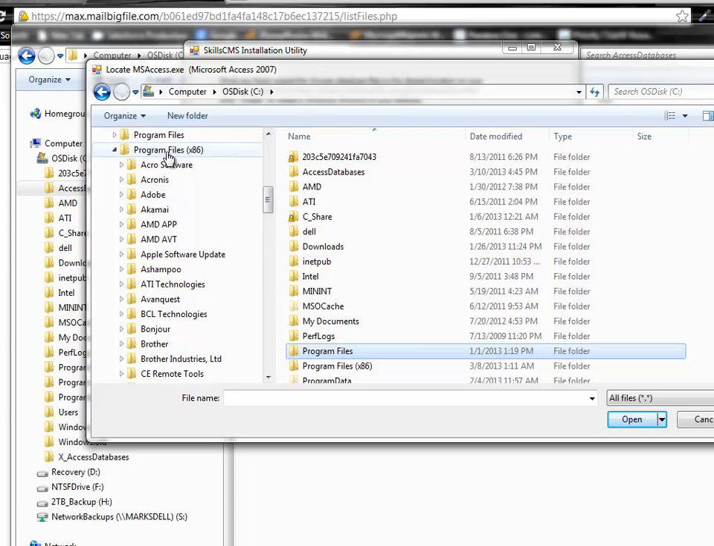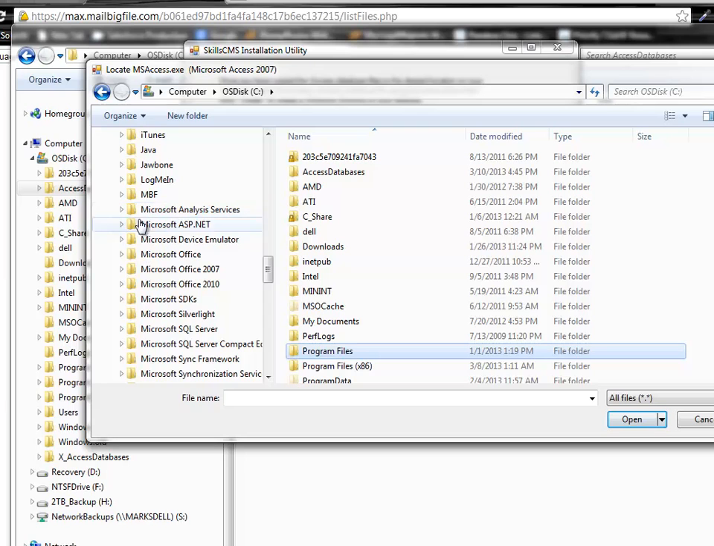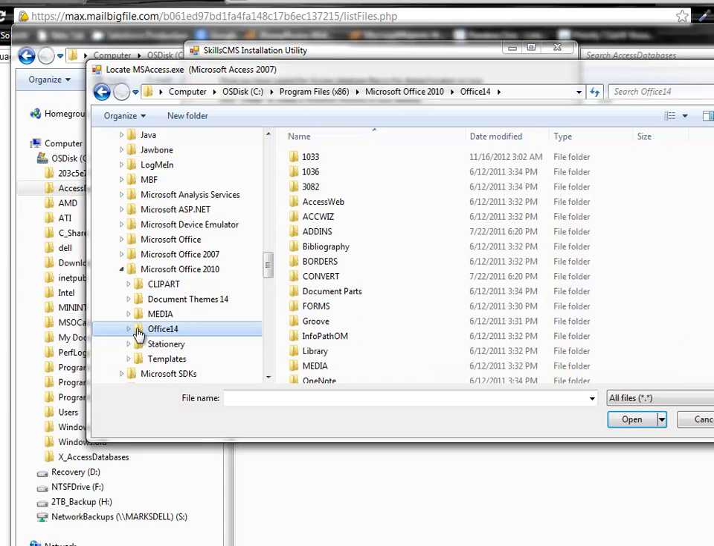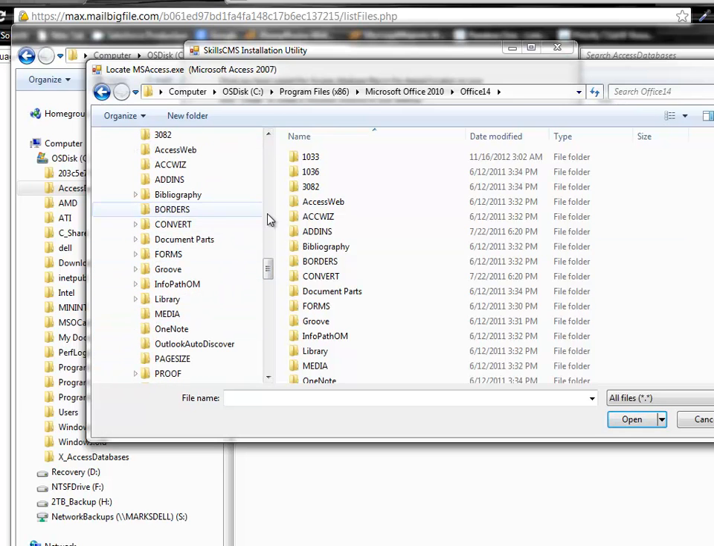So I'm looking under Program Files, and then probably Microsoft Access or Microsoft Office or Microsoft Office 2010. Look for something where you might see Microsoft Office. I'm going to check in this Microsoft Office folder first. The one is called Microsoft Office 2010. And then I'm looking for Office 14. Yours might say Office 12 if you're using Office 2007. And then inside the Office 14 folder,